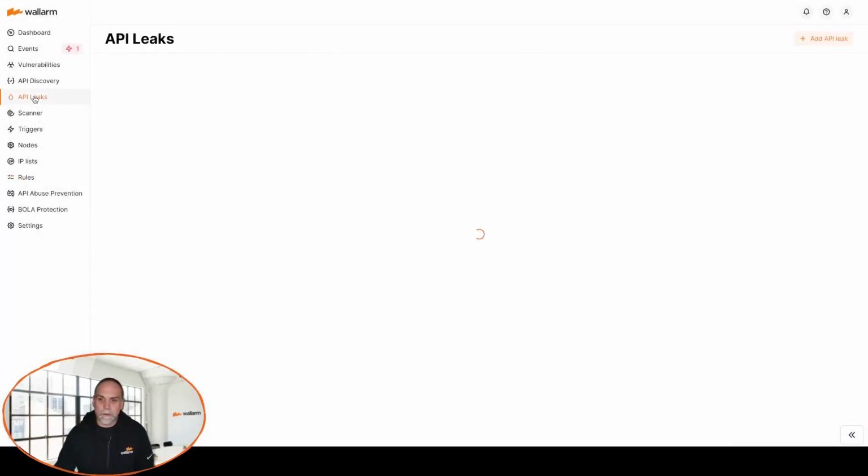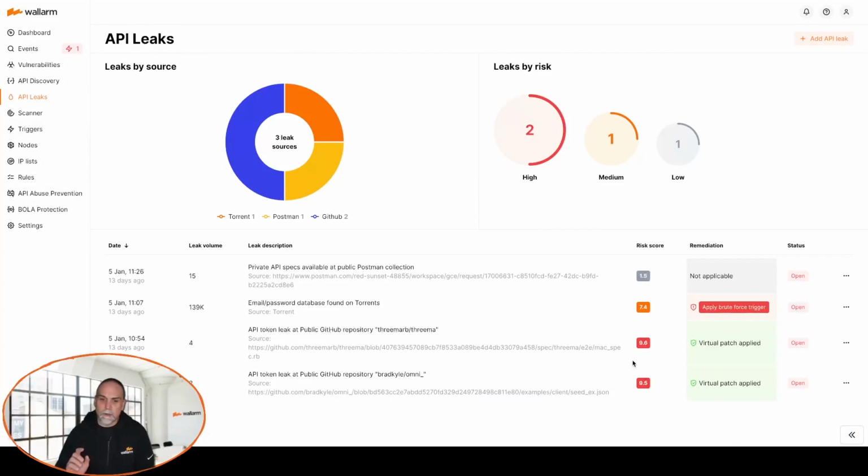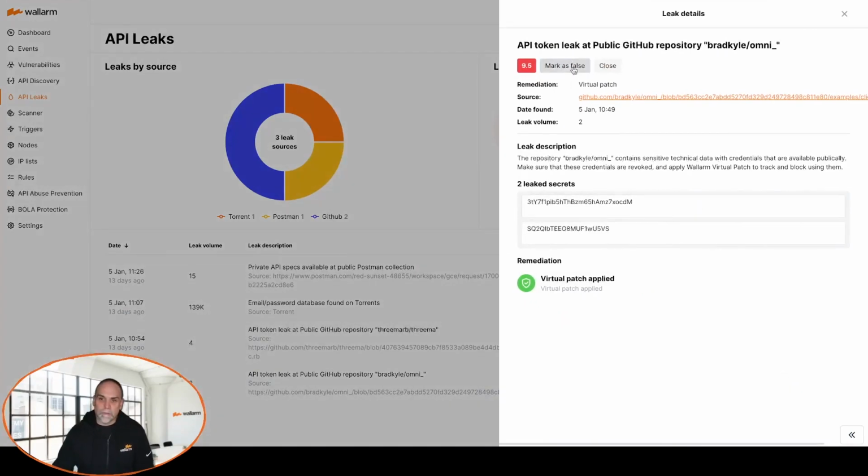And then the other thing that we do is we're constantly checking and scanning the sources to make sure that either the problem has been solved, and you'll see status here open. When it is solved and we don't see these leaks anymore, we will close these just like we do in our vulnerabilities. Or you can mark these as false, meaning it's supposed to be there, we know about it, and it's okay. You can also close these to tell us that you've remediated it, and if we see it again,